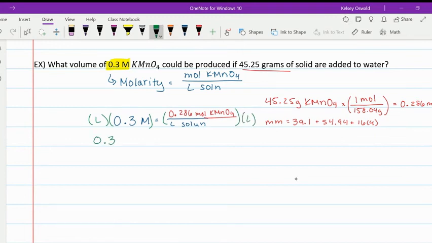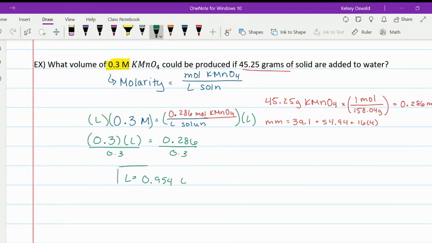So then we'd have our 0.3 molar times our volume measured in liters is equal to 0.286. And then to get the liters by itself, we would need to divide each side by 0.3. And we would find here that we would end up with 0.954 liters